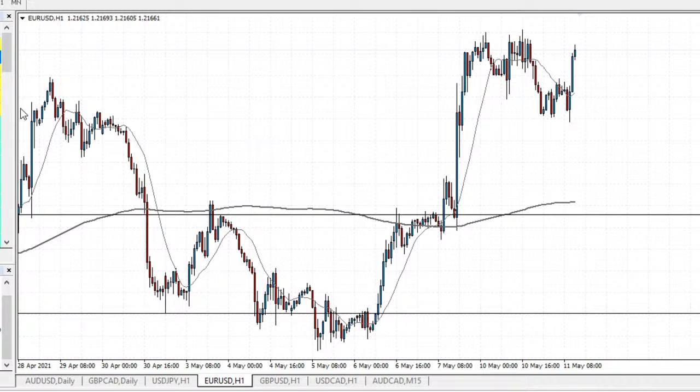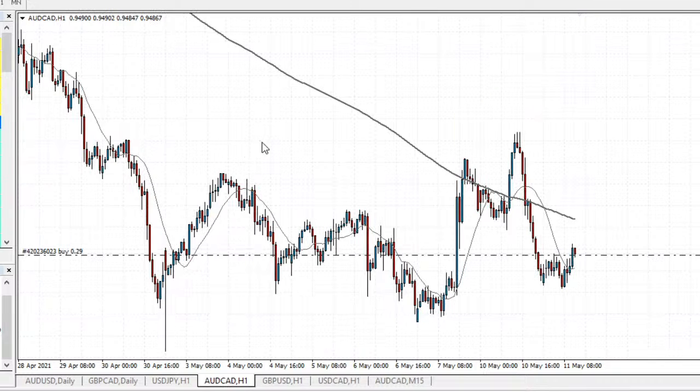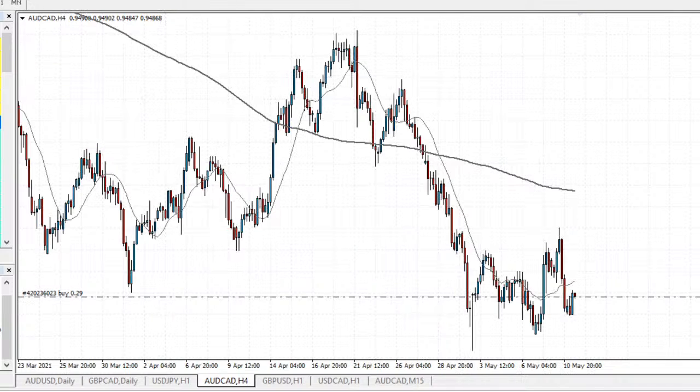Yeah, so I'll take a look at AUDCAD. So yeah, looking for a move to the upside for this pair again on the 4H time frame. So yeah, I did put this in the Telegram